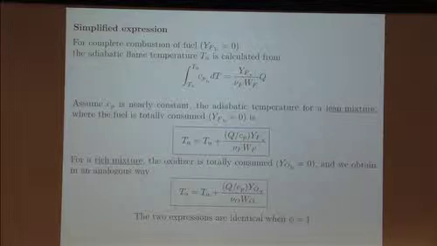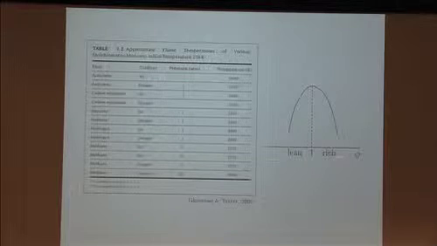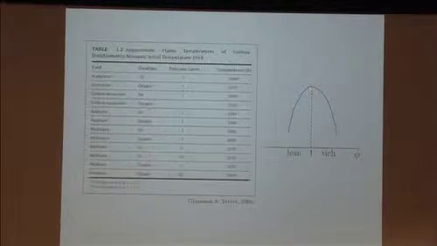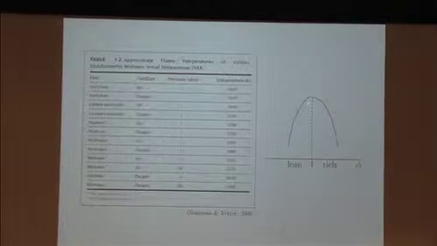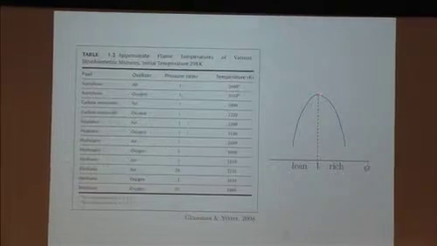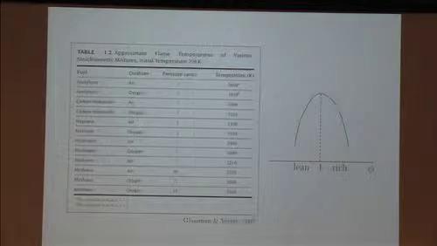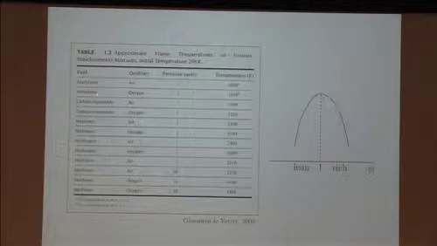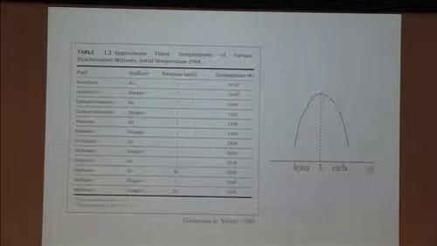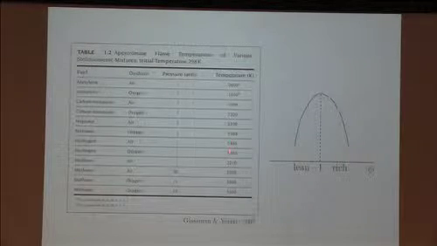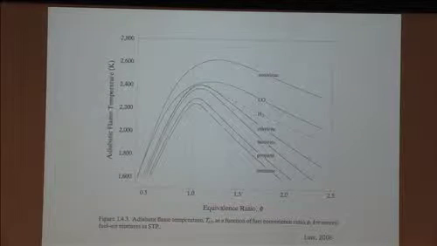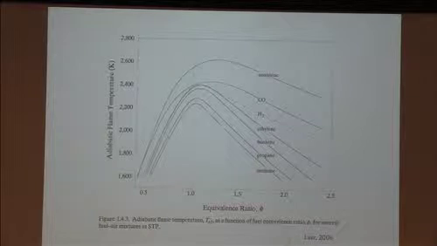So in general, if you plot, let's say, the flame temperature, the adiabatic temperature, as a function of the equivalence ratio, you are going to obtain that, of course, it peaks at the stoichiometry, and it's lower on the lean side, lower on the rich side. And here is a table that shows you typical values in the range of, I don't know, 2,000 to 3,000, something like that. And here are some curves taken from Ed Lowe's book,